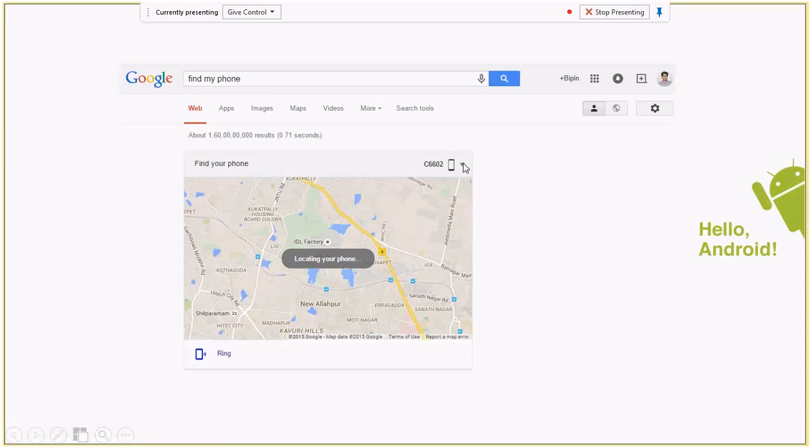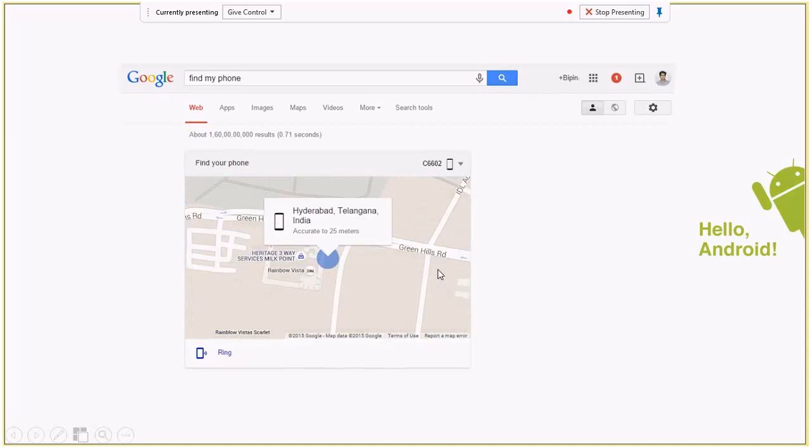It will identify the list of devices attached to your account, and you can select which device it should locate. You can do commands right from in here, or you can go to the actual web app where Google lets you throw more commands.